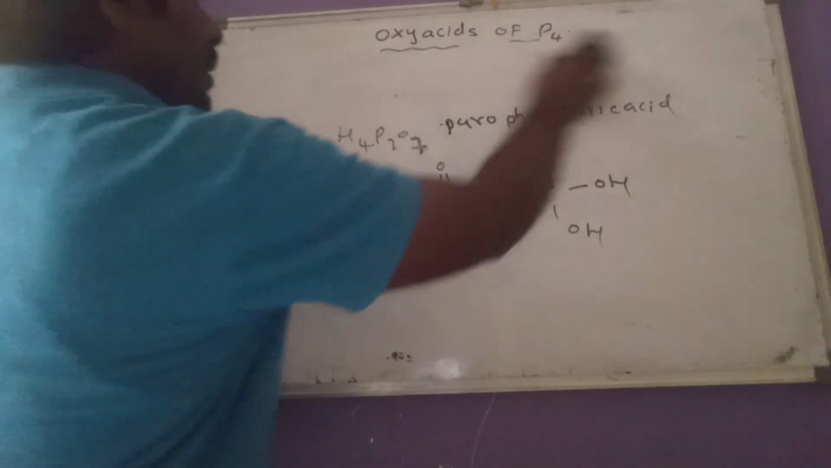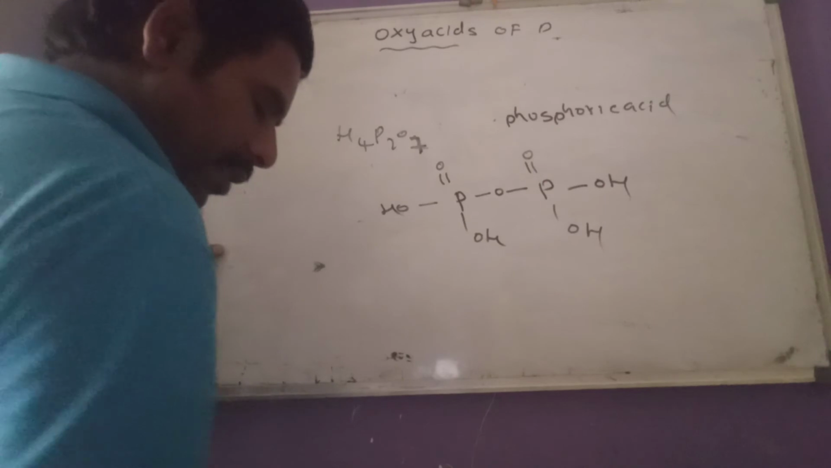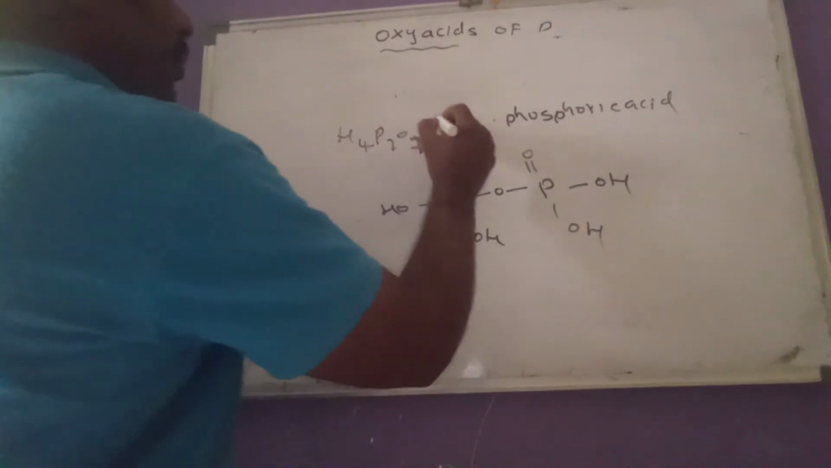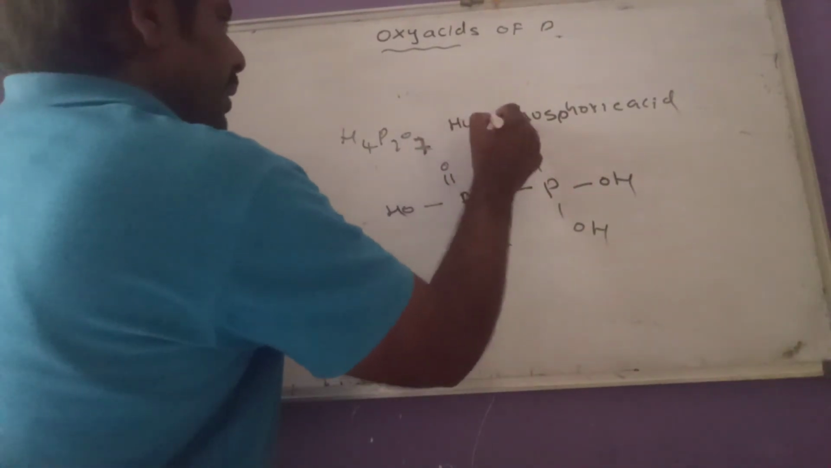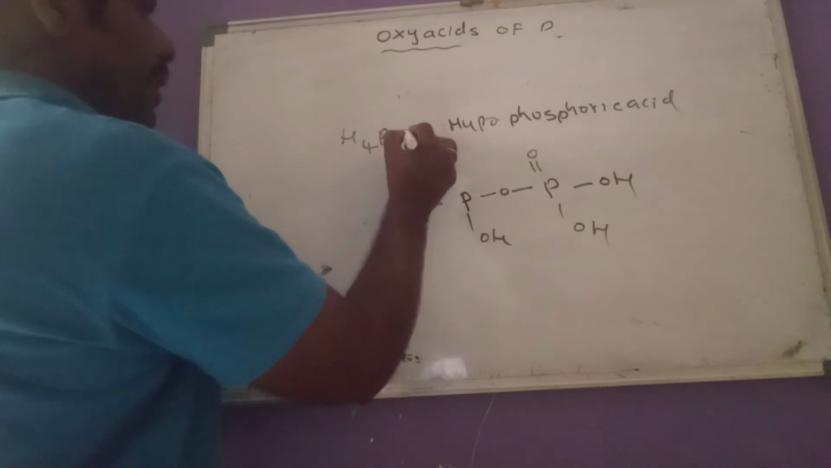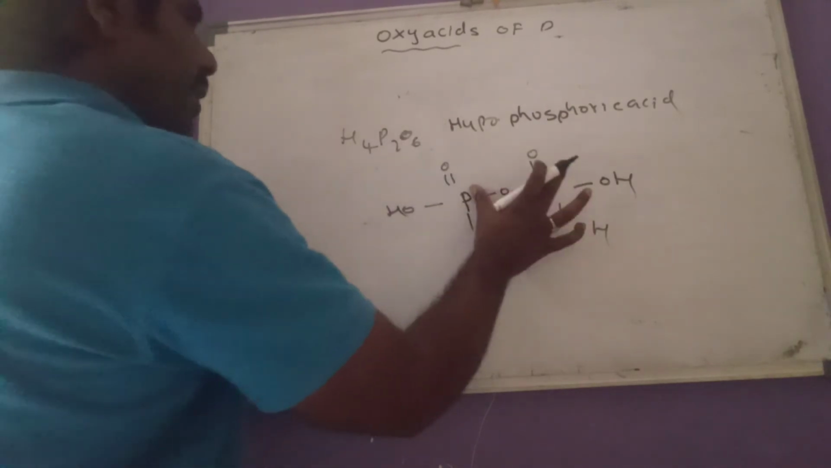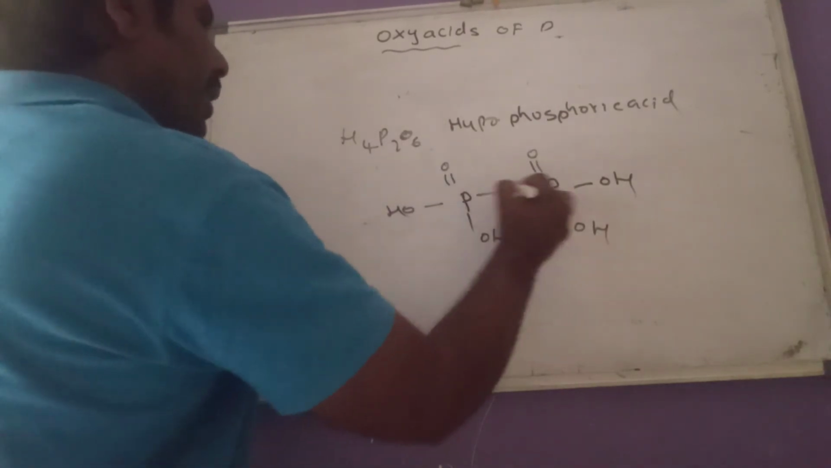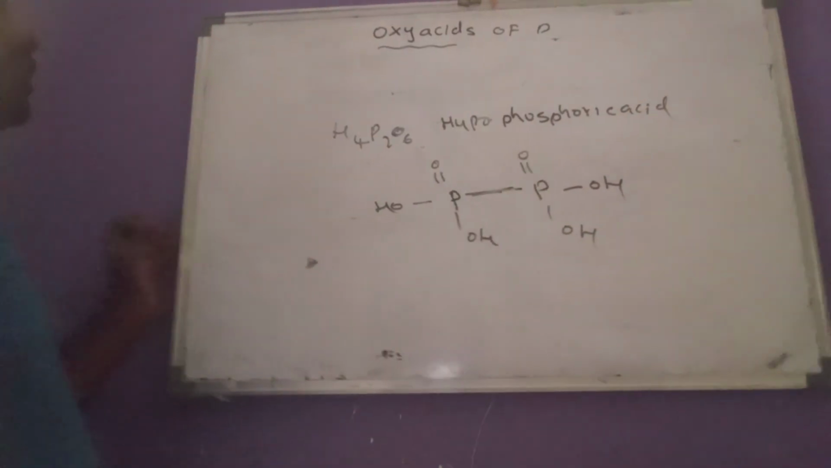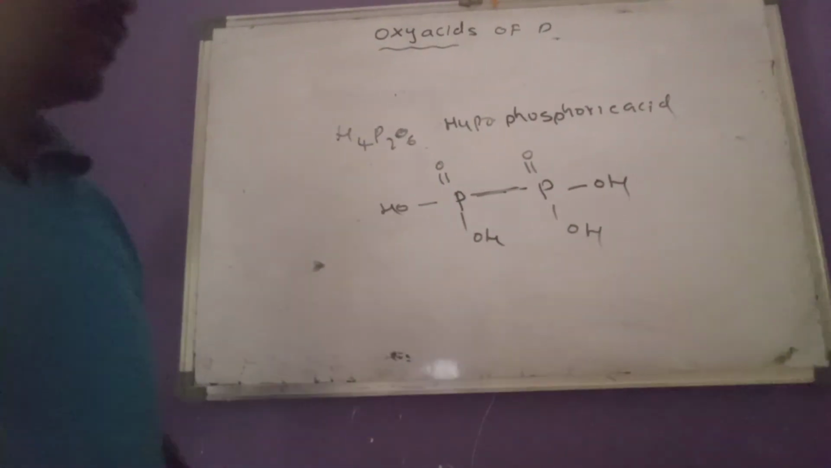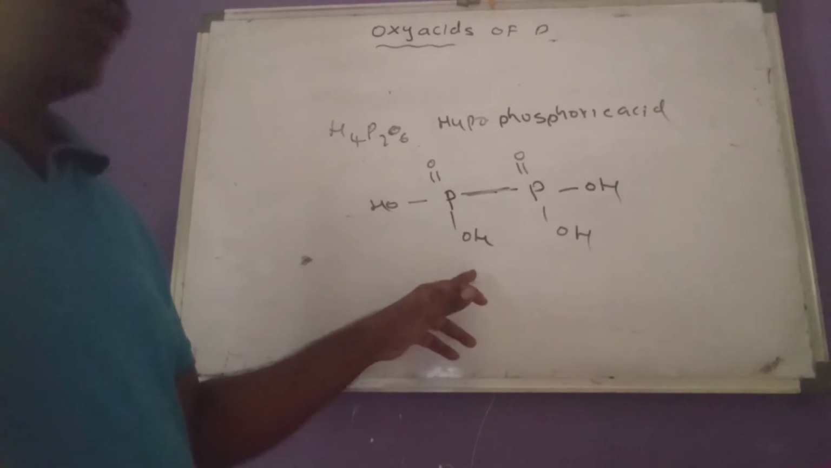hypophosphoric acid. Then the next one is which one here? Hypophosphoric acid. Just decrease one oxygen here. That means remove this oxygen. We can get this structure like this. So this is the structure of H4P2O6,